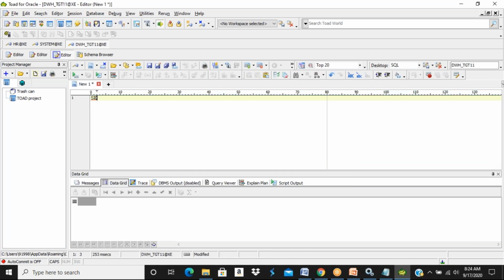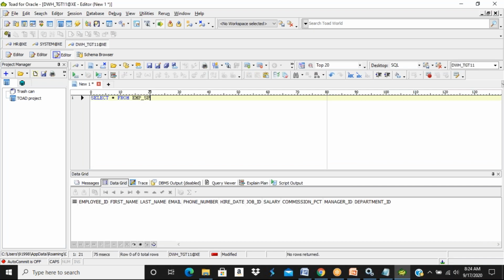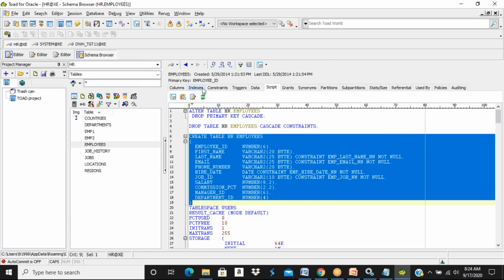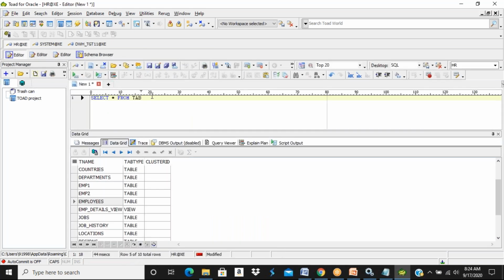I just have the metadata. I don't have data in it. So what is my role now? I need to use an ETL tool and connect to the HR schema, and extract the data from the employee table.